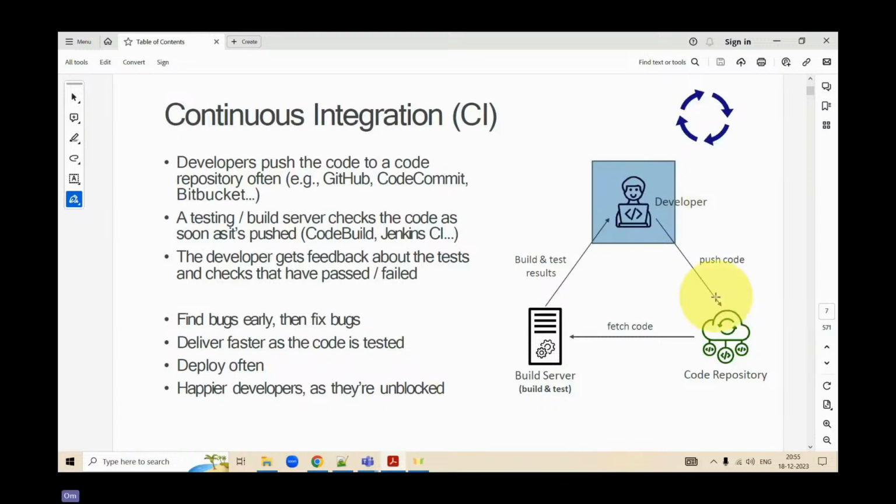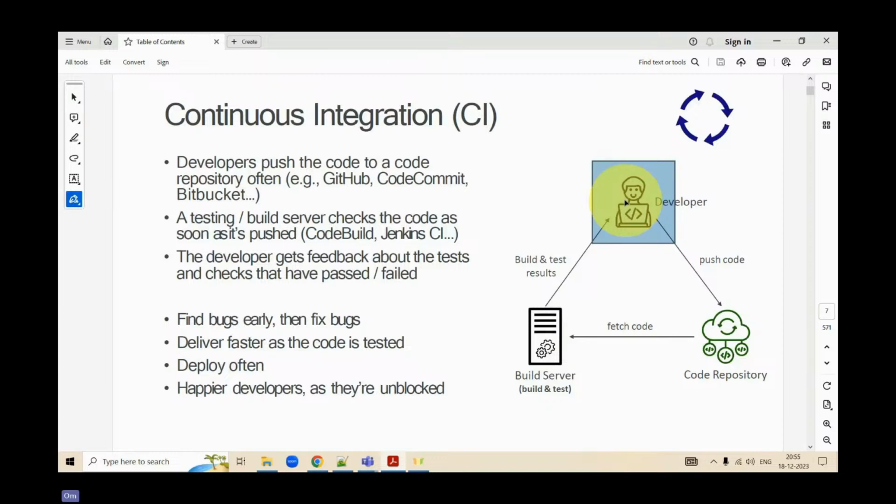I push it into the repository, it gets tested and built. The next day, someone asks me to modify it and make it the sum of three numbers. Again, I create the code, push it into the repository, build and test it, and I get a result. On the fourth day, it's the sum of four numbers, five, six, seven, eight numbers. That means I'm continuously enhancing that code.